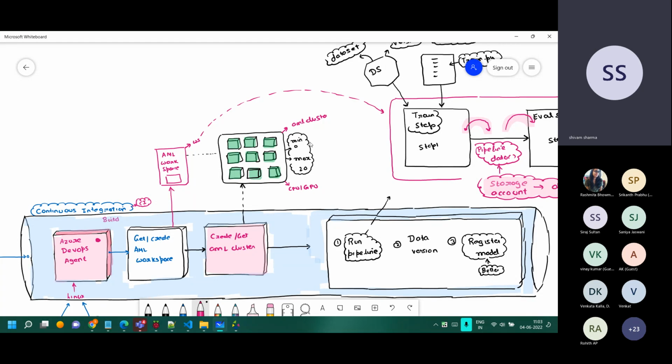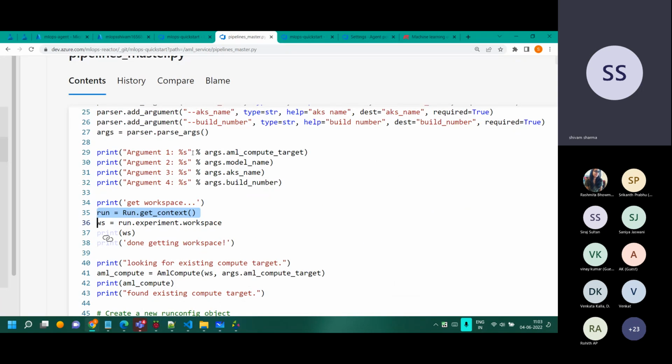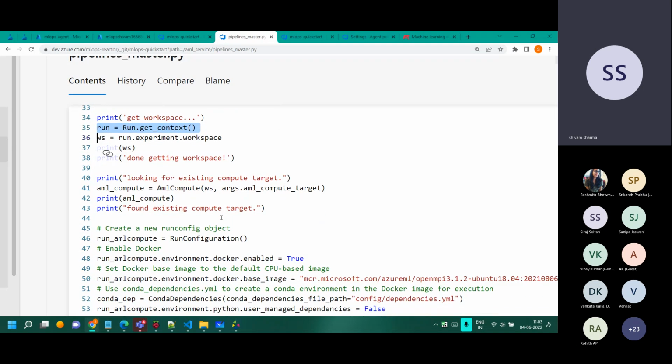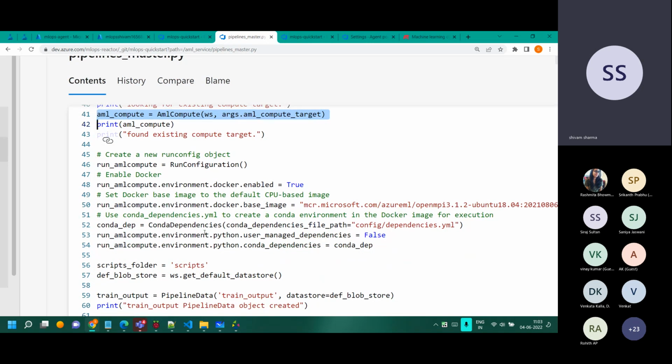Run ID basically means the experiment where we are executing it, where everything is getting logged. So the logging will happen in the current context or in the current run ID of the experiment. So that's what's happening over there. It will get the run ID. Now some normal things happen, getting the AML workspace and so on and so forth.